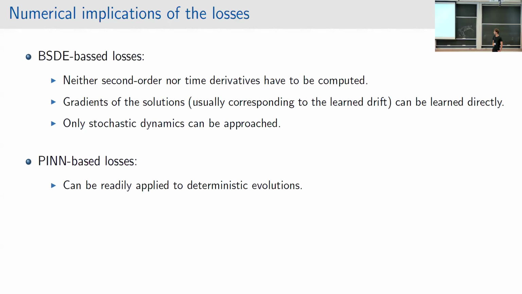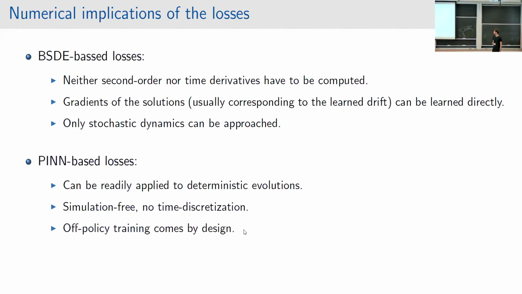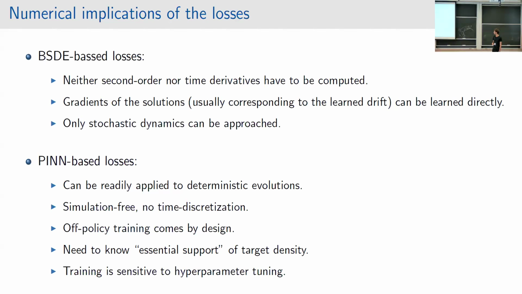Whereas from the PINN-based losses, I can consider also deterministic evolutions. It's by design basically simulation-free and no time discretization is needed. So I mean that I don't need to simulate trajectories at all. Off-policy training comes basically by design, which might be nice to find modes of your target density. However, the obvious drawback is that I need to know somehow this essential support, so I need to know where my target is actually located. Particularly, I need to know my modes. And training of PINNs is known to be very sensitive to hyperparameter tuning, which also was a little bit annoying